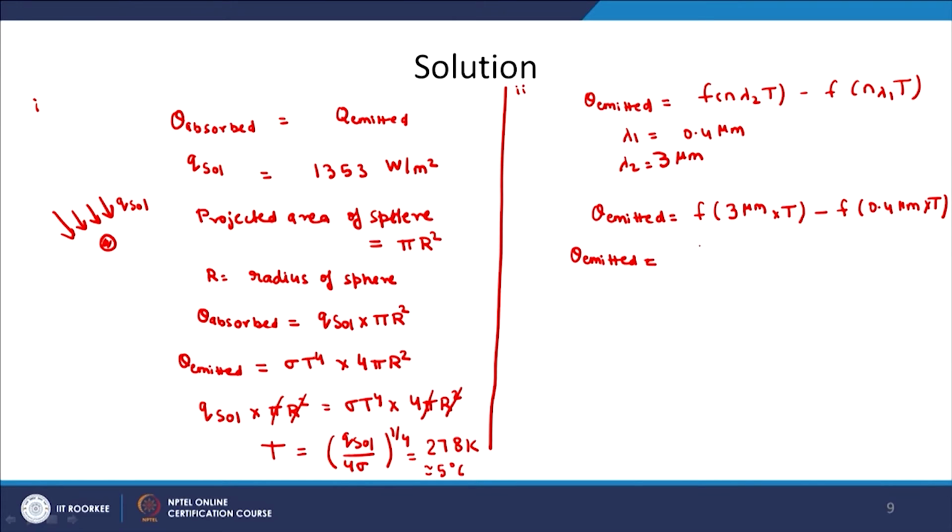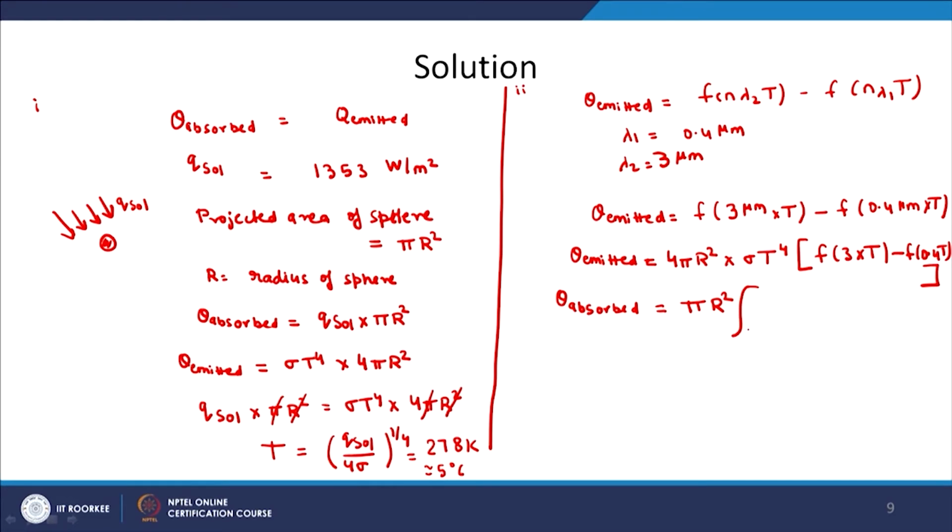So, this is the relation, and Q emitted will be basically we have to multiply this relation by the surface area 4 pi r square, and we have to multiply by the sigma T to the power 4. So, this is the surface area of the sphere multiplied by sigma T to the power 4, and then this fraction f 3 T minus f 0.4 T. So, this is the amount of energy that is emitted by the sphere. Now, let us see how much energy is absorbed. So, energy absorbed by the sphere will be also in the same range. So, we multiply by area pi r square,